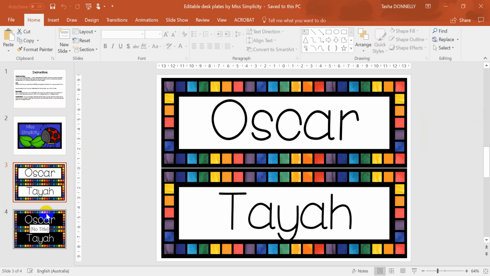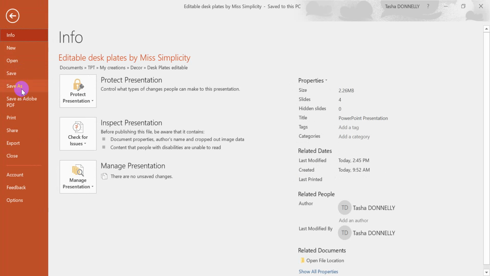So the first thing I'm going to do is actually just save a copy of this file and keep this one as my master. There are two reasons for doing it. Firstly, this one's not easy for me to find on my computer, so I'm going to rename it an easier name for me to find. And secondly, if I keep my master, if anything happens, I can always go back to my master time after time. So I'm just going to go up to the file at the top and I'm going to press Save